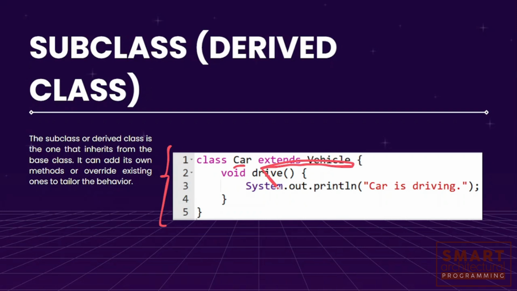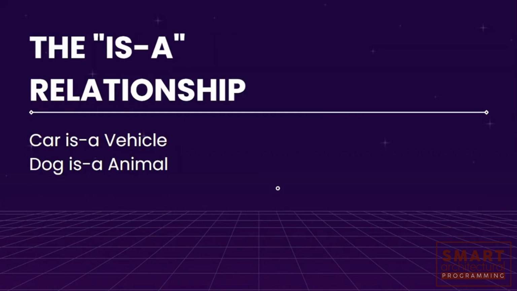So now that we understand that, it's time to go to a little bit more complicated aspect, which is the is-a relationship. It's important to understand this particular piece. A key takeaway is that an is-a relationship can be established between the parent and the child class. If class B inherits from class A, then B is a type of A. Let me say that again. If class A is the superclass and class B is the subclass, we can define the relationship